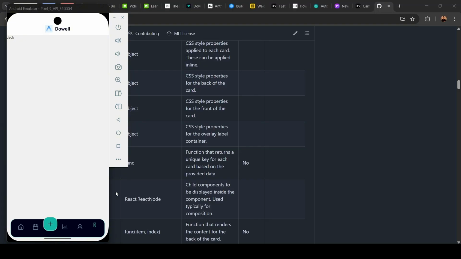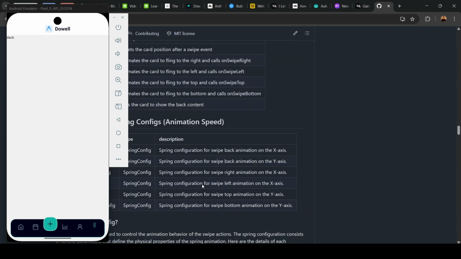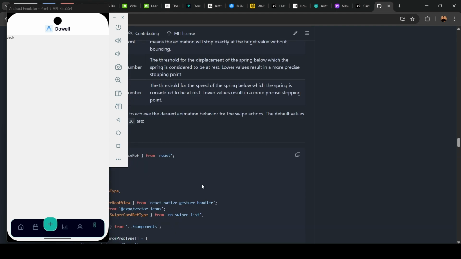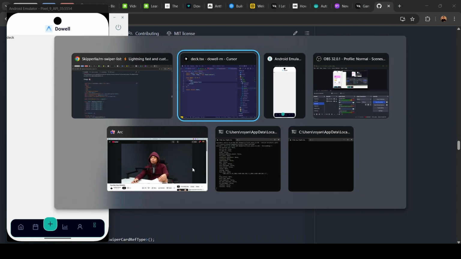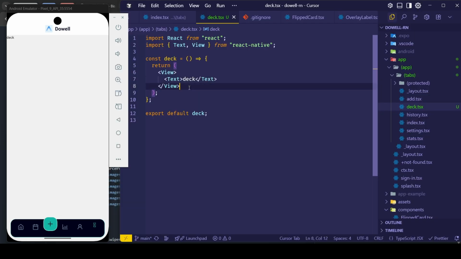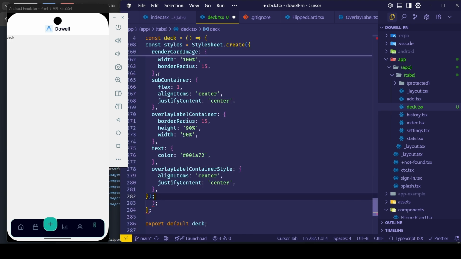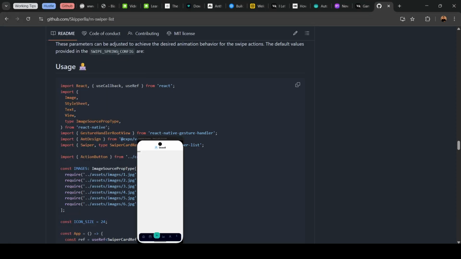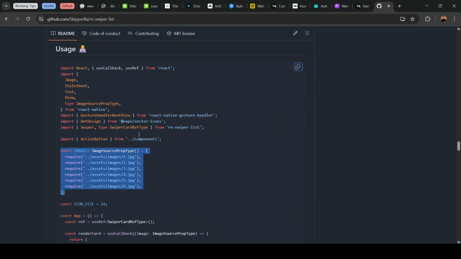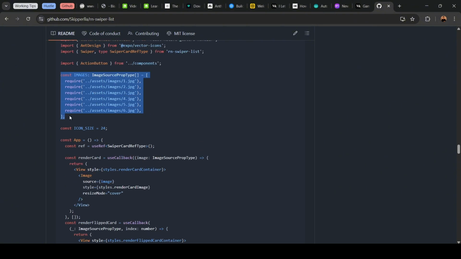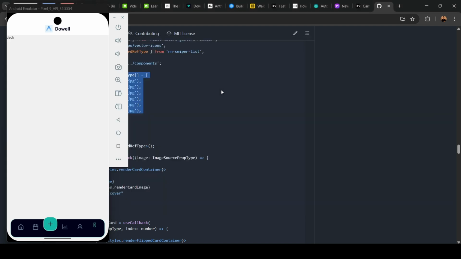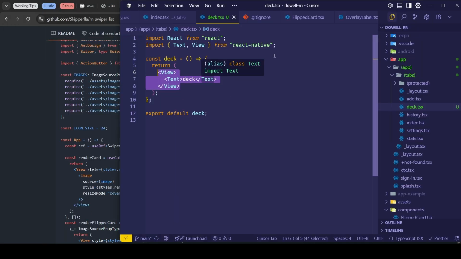So we go back to Chrome. I want to implement the default template or example from the repo, and then paste it in here. We paste it maybe one-on-one, not copy-paste at all, because we can adjust it.